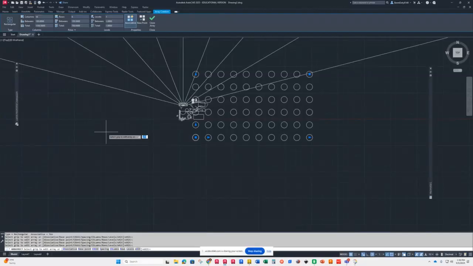The other thing with an array is, do you want to keep them hooked together? When you do an array like this, typically you want to leave it as associative, which means that you could go back and change it. Typically, you don't have to do anything else to it, so you leave this as associative, and so then when you click on Close Array,